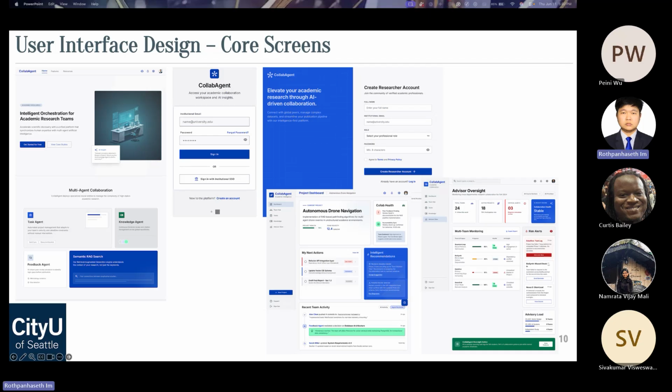This screen shows how users interact with the platform. The dashboard centralizes project visibility, task management, communication, and documentation. A key design goal was to reduce context switching rather than navigating multiple tools. Users access project information through a single interface.